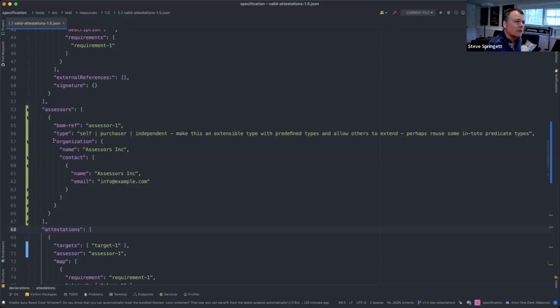So I've got something like this pulled down into targets. In most places in Cyclone, you can use an organization, an individual, or both, one or the other. So the assessor could be an independent consultant, or it could be an organization. I don't know of any other use cases that would fall outside of that.